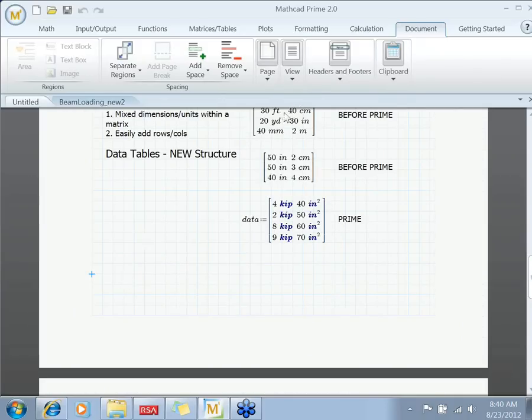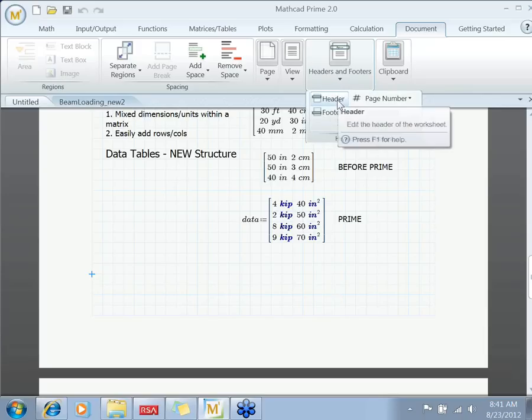Also on the Document tab, we have headers and footers. For those of you who have used Mathcad in the past, you know that headers and footers were extremely difficult and cumbersome to put into your Mathcad documents in basically every version of Mathcad prior to Mathcad Prime. In Mathcad Prime, we have implemented a very easy to use interface for headers and footers. I'm going to click on this. When I click on headers and footers, I can select the header